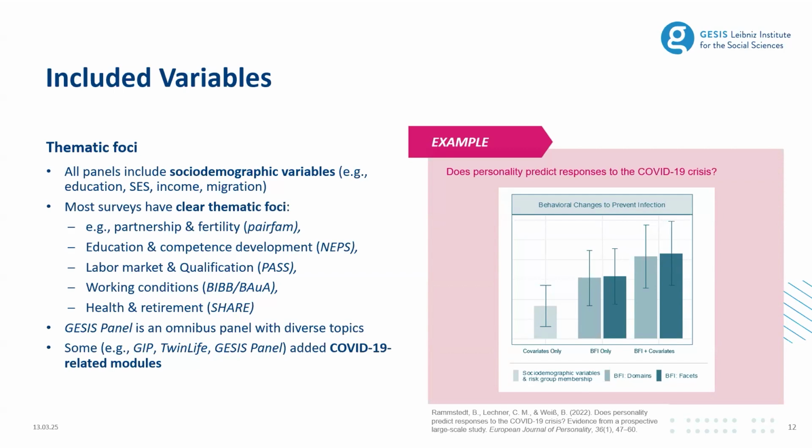Compared to these surveys having thematic foci, we have the GESIS panel in our selection. The GESIS panel is an omnibus panel with diverse topics, and it also allows that researchers submit their own proposals for constructs, for questionnaires to be assessed as part of the GESIS panel. So that this offers the opportunity that your construct of interest, your questionnaire of interest can be combined then with a whole set of variables that are already assessed in former